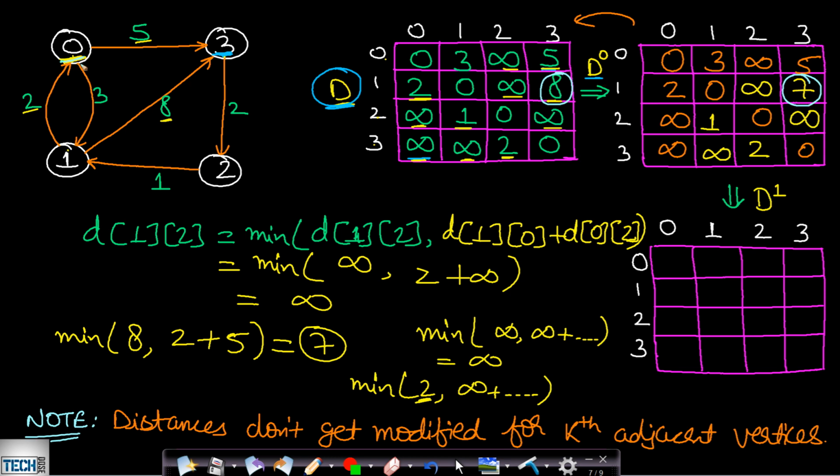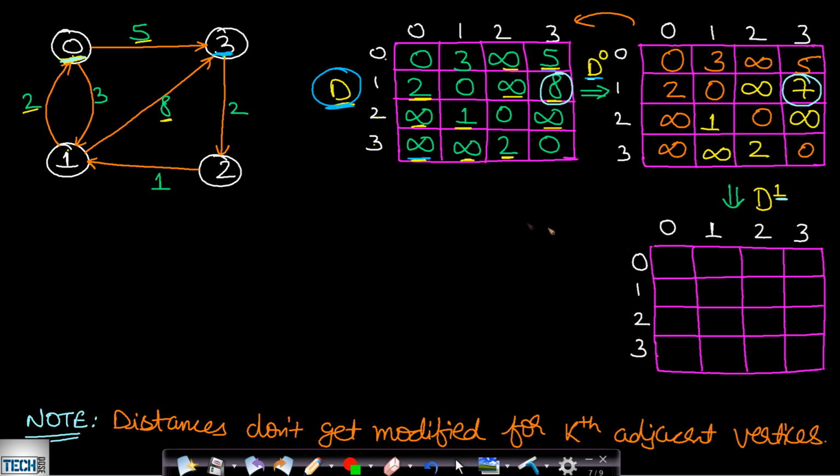Okay, so we are done with including this node 0 and now we will include the next node, which is node 1. So when we are including this node 1, then node 0 is already included. Therefore whatever is processed and answered here will be containing both node 0 and node 1. Okay, now in this case as well, we will first be filling all these values as 0 since there are no self loops. Now since we are including node 1 here, therefore all the adjacent nodes will not be changing value. So we will simply be copying the values here from the previous state. So this will be infinity, and for this one this will be 2, 0, infinity and 7. So these will not be changing the values.